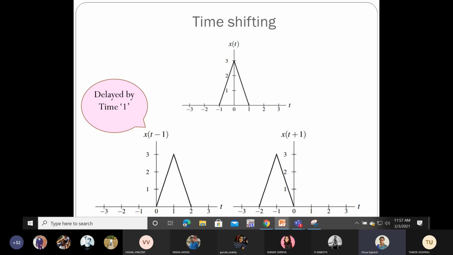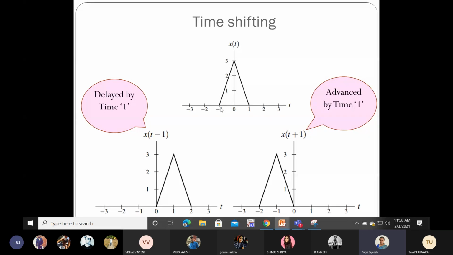And the next one, it is minus. b is a general real number in the equation. Here b is negative, so it is minus 1. Minus of minus 1 will be t plus 1, so the signal will get advanced in time by an interval of 1. The main thing you have to see here is where the tips of the points of your waveform lie. One point of the waveform lies at minus 1, and the other point lies at 1. While you are shifting, you always have to see how much interval it should get shifted.